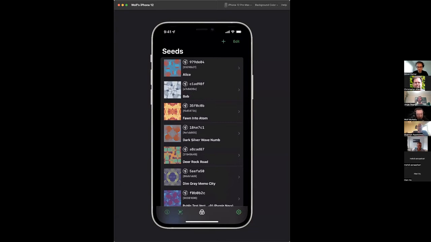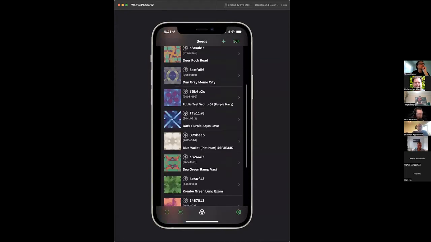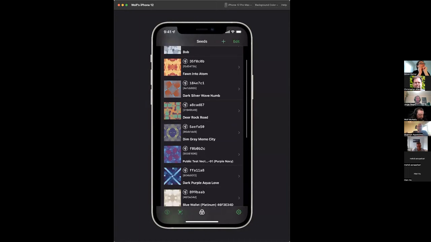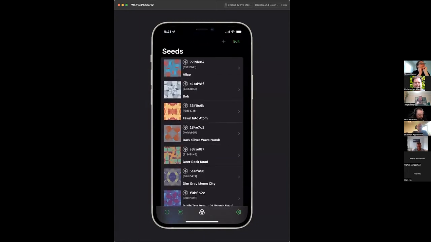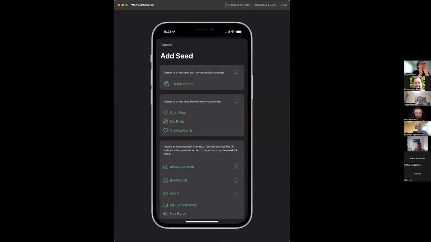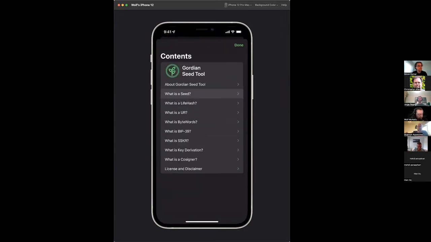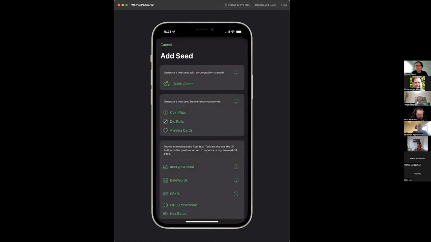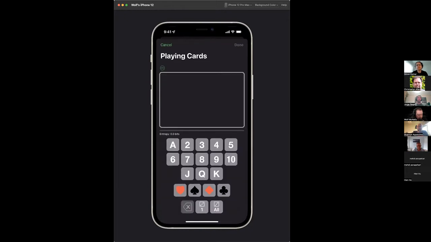The main page of Seed Tool is a list of the seeds you're managing. Creating a seed is as simple as tapping the plus button at the top, and then you have a number of options, and all the documentation here, you can tap on an info button and it links to various kinds of documentation built into it. You can generate your own entropy through coin flips or die rolls or playing cards,